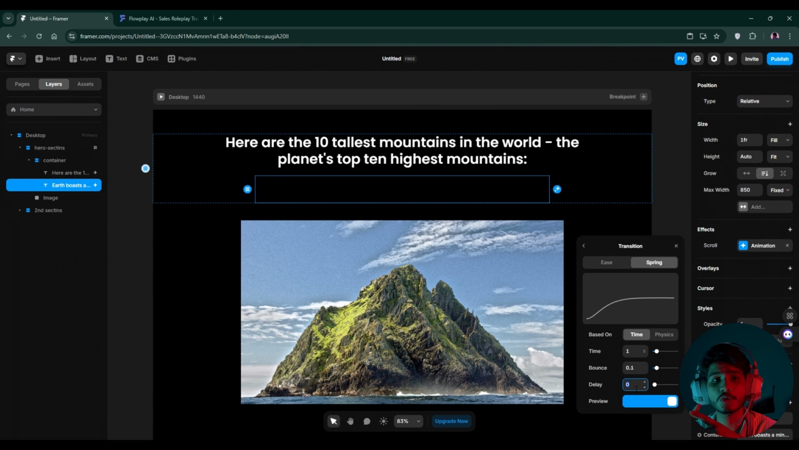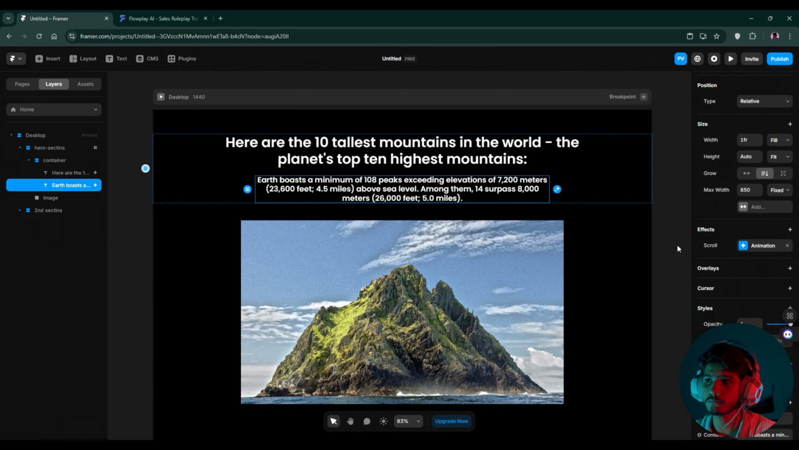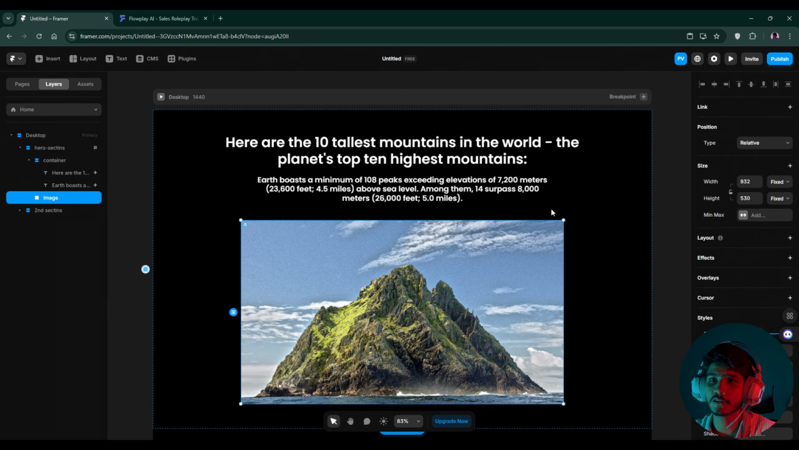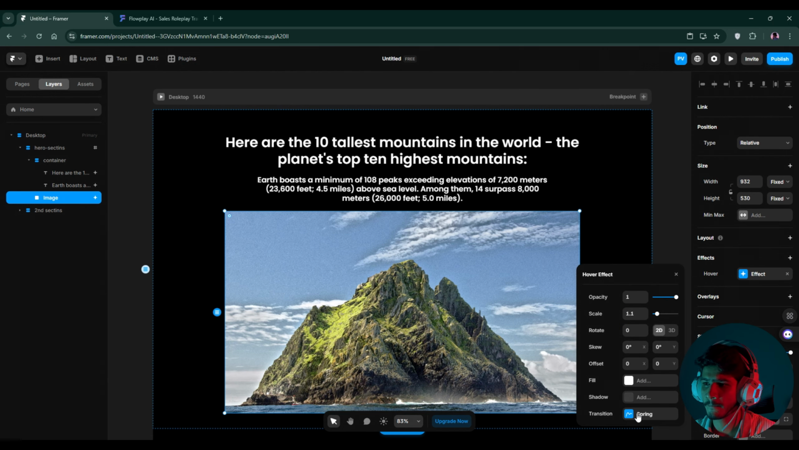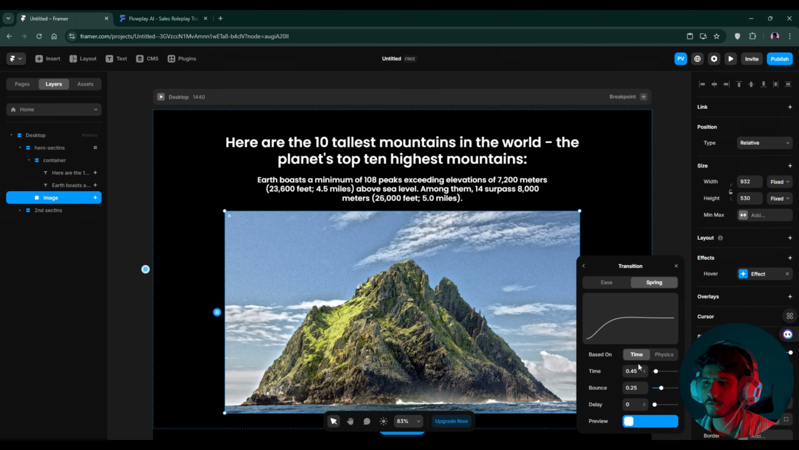Okay, so we have to delay it 0.1 second or 0.2 seconds. You can decide it yourself. So we are going to make it 0.1 delay. Okay, and this is the third animation that we are going to perform. Simply go to the image section and go to the layout, go to the effect section, choose the same effect as we have done before,